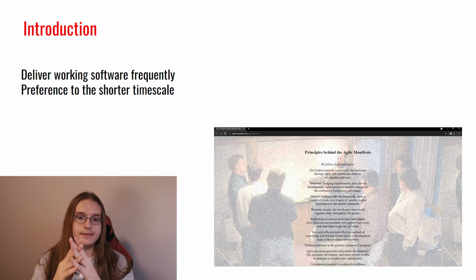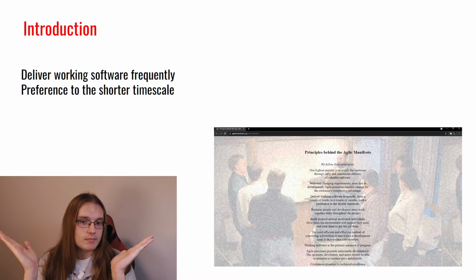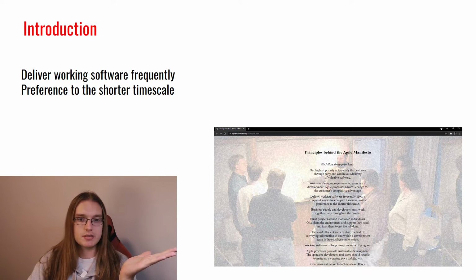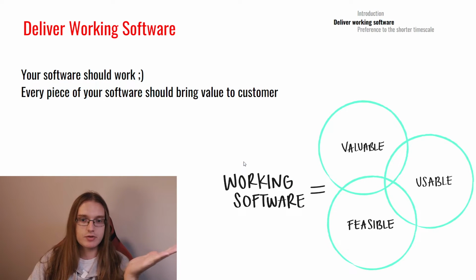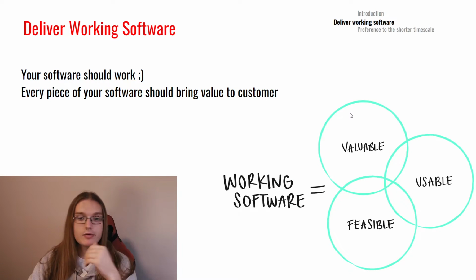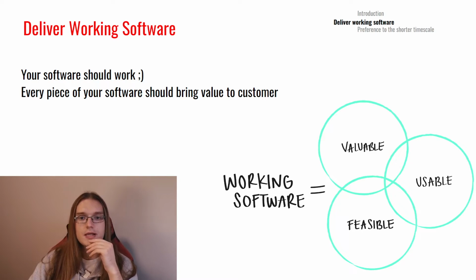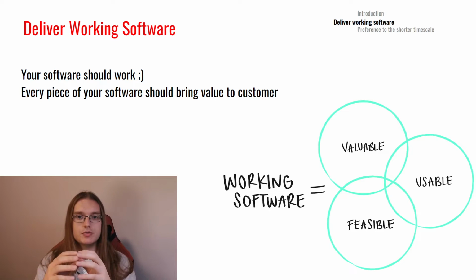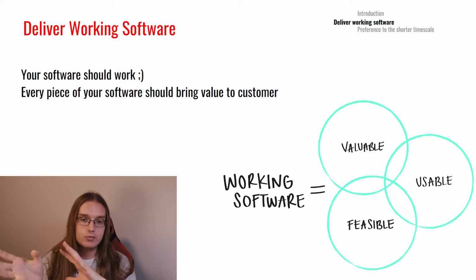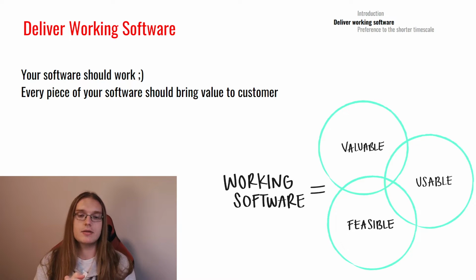So working software, that sounds to be easy. Your software should work and every piece of it should bring value to the customer. There are really very many concepts of what is a working software. Lots of agile coaches prefer to use the word valuable instead of working, because basically you can create a piece of software that is doing something and doesn't bring value. So to be sure that we are on the same page with understanding this, let's agree that